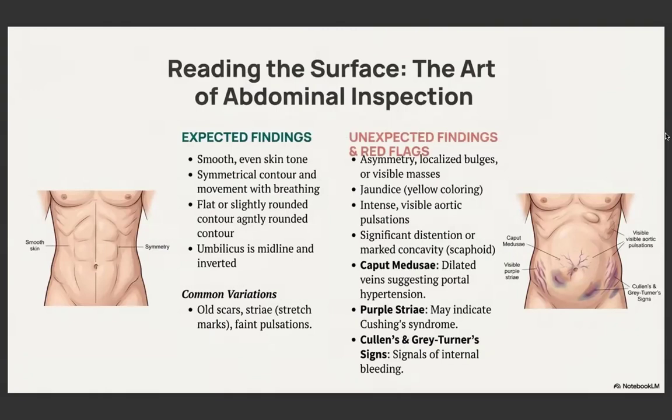All right. So when we are just looking at their abdomens, this is the visual portion of the head to toe, right? You're just looking at their abdomen. It's normal to see a smooth and even skin tone. It's normal to see symmetrical breathing. It's normal to see a flat or slightly convex abdomen. We should see an umbilicus that's either midline and inverted and a normal